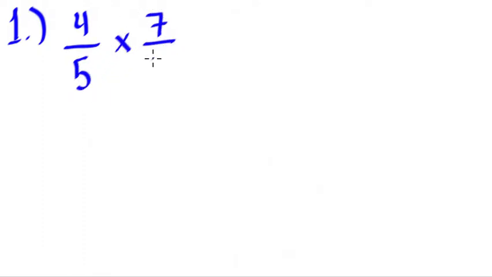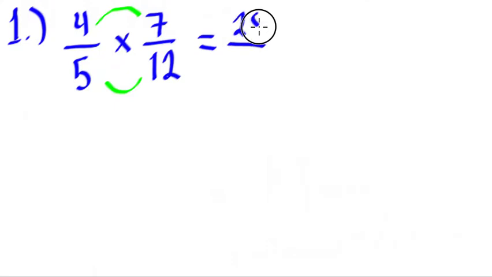So to give you an example of that, let's consider, say we have 4 over 5 times 7 over 12. So we have 4 over 5 times 7 over 12. We multiply numerator to numerator and then denominator to denominator. So if we do that, 4 times 7 is going to give us what? 28. 5 times 12 is going to give us